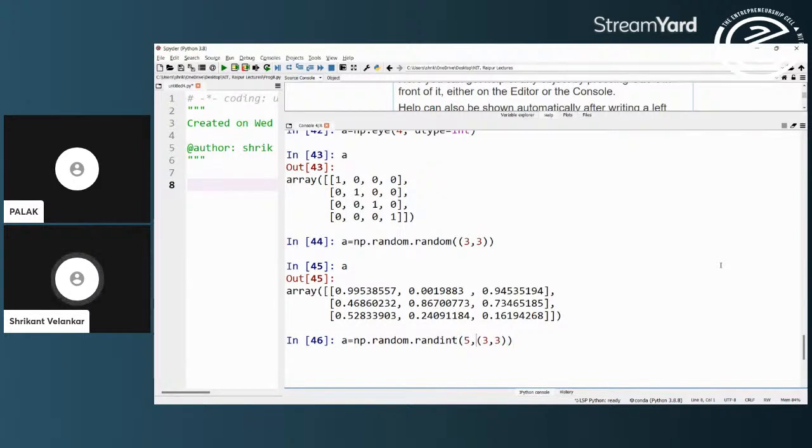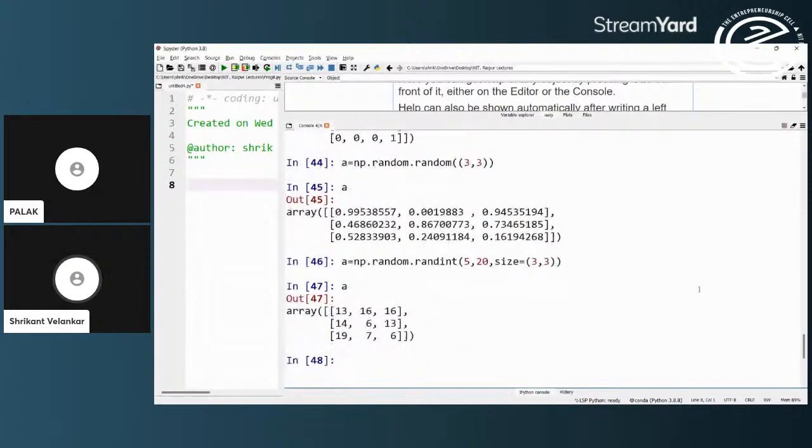Like say, if I want values between 5 and 20 and having the shape of 3 by 3, then I can generate that, and it will randomly generate values within the given range 5 to 20 to fill it.